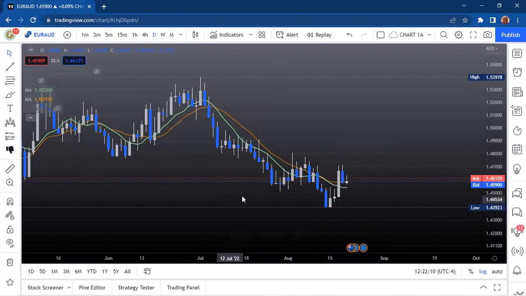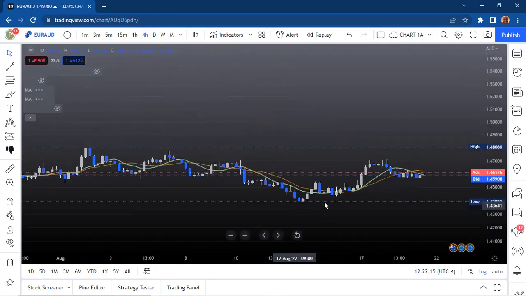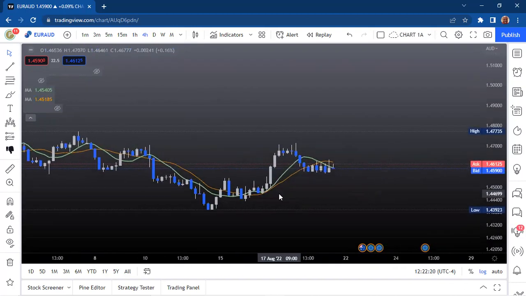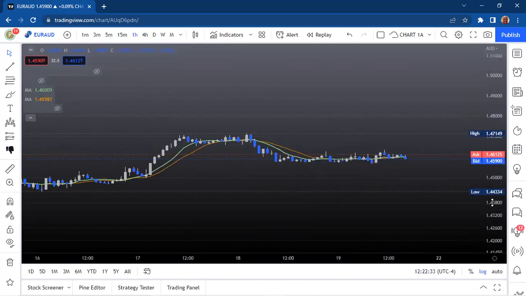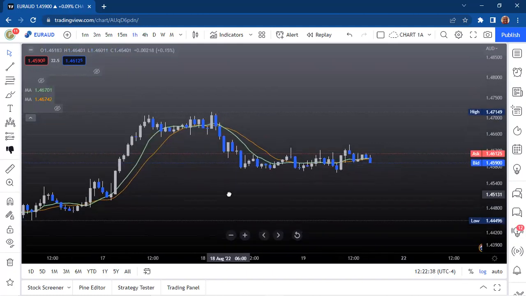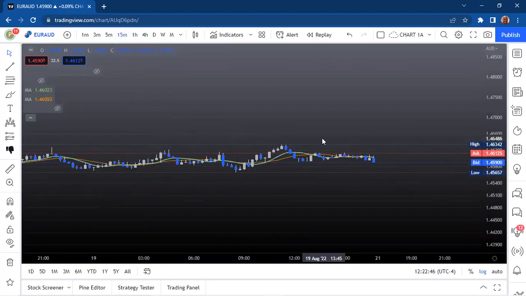Okay. So now we go down to the 4-hour. And everything is based on my lines. The green still crosses over the gold line, which is still a good positive indication that it's trending lower. And we go to the hour. And you see, I'm not even really marking it up. I'm just looking at it per time frame, because I want to enter this trade, but I want to enter the trade on the 15-minute. Because the hour, if we go back to the hour,